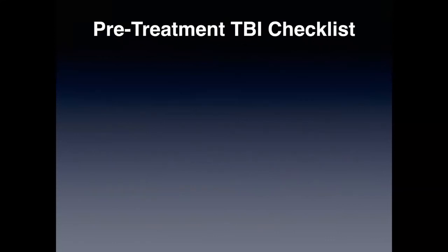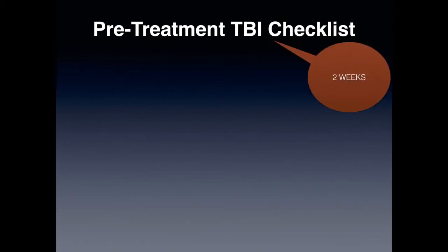The other thing we cover is a TBI checklist, which stands for traumatic brain injury. I believe that traumatic brain injuries are much more prevalent than people believe. There's research that shows that clients' traumatic brain injuries are missed by emergency room doctors 56% of the time. And if a client has a TBI, you automatically have a six-figure case. So I believe it's very important to